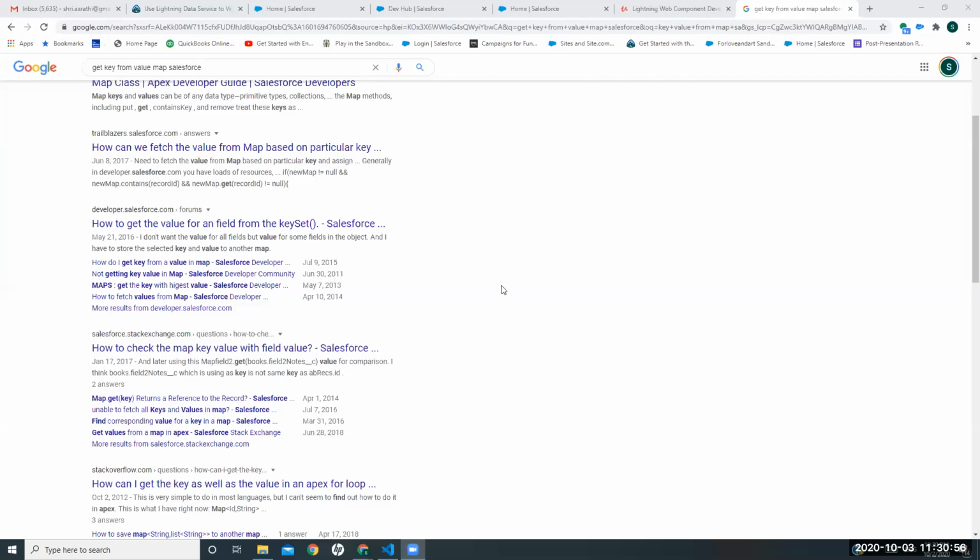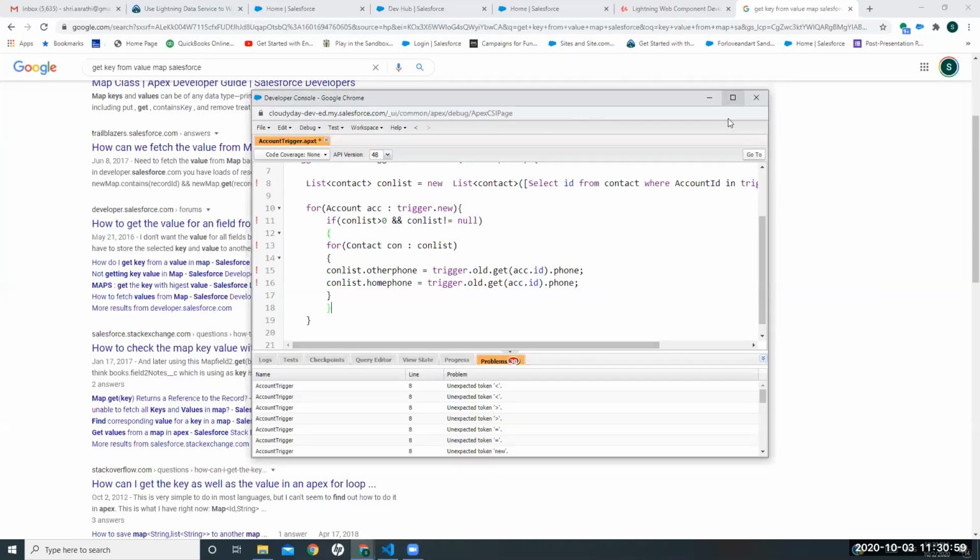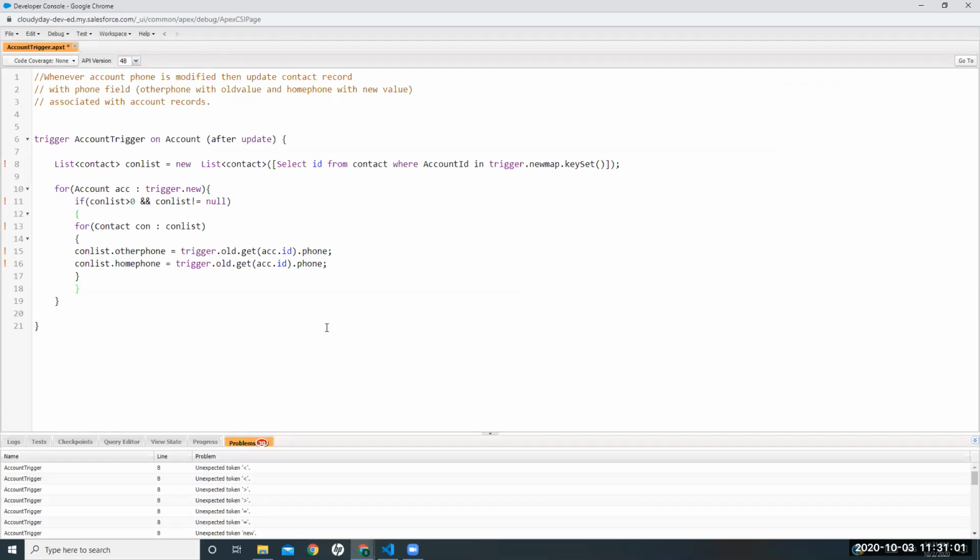Yes, Smriti, go ahead. I've got a lot of errors, but otherwise I somehow have written code. That's fine, the main thing is the logic. Everybody able to see? Yes, we can see.